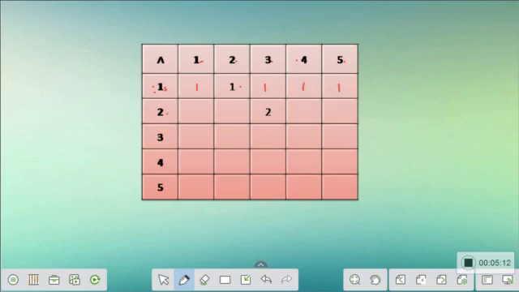Now we have 2 and 1. When we have 2 and 1, it is obviously 1 because 1 is the minimum element. Then 2 with the 2, both are equal, so we'll have 2. Then 2 with 3 is filled. 2 with the 4 will give you 2. 2 with the 5 gives you 2. Similarly, we'll fill the remaining values.